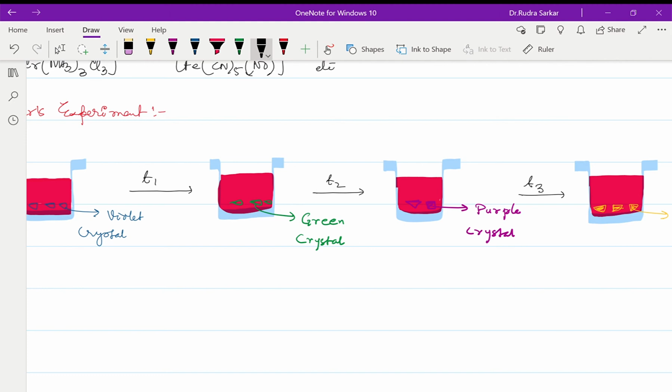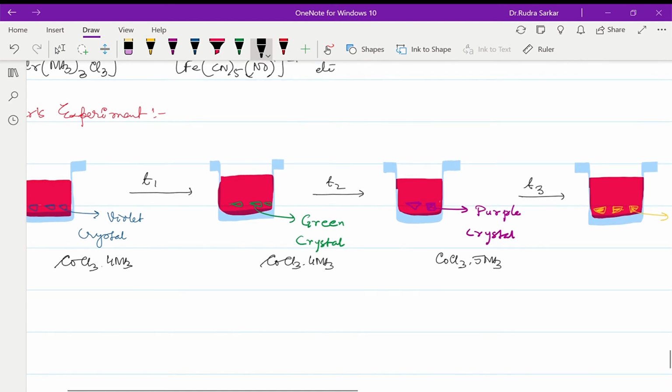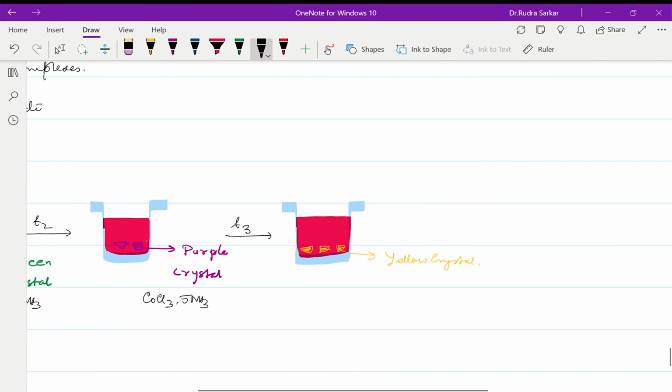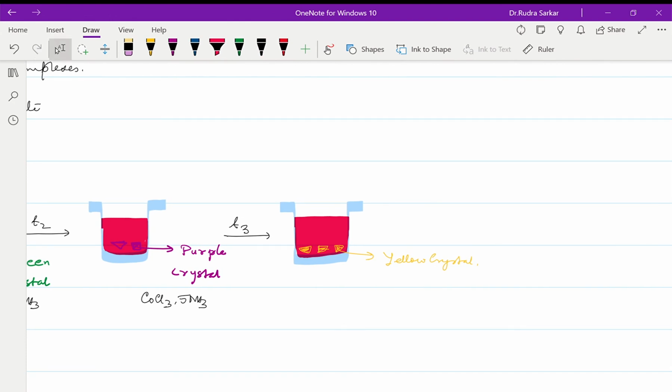using some metathetic reactions, he understands that this purple colored crystal is COCl3·5NH3. The green one is something like this. The violet one is basically this. So these are the formulas of the compounds before assigning them, using that technique that he has given, like